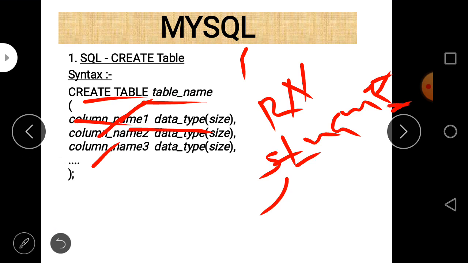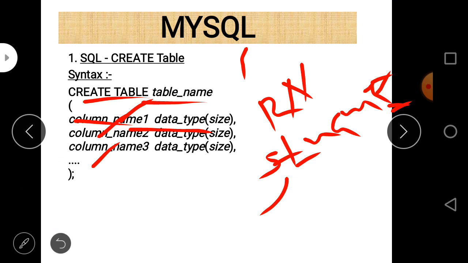It means alphabets, different alphabets can be used, capital and small letters, numbers, different numbers can be used, and as far as special symbol is concerned, only underscore is valid.